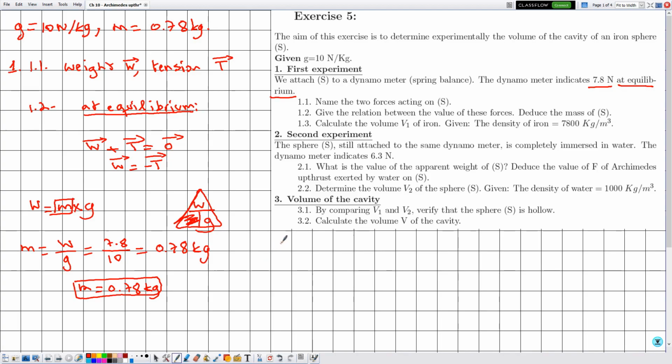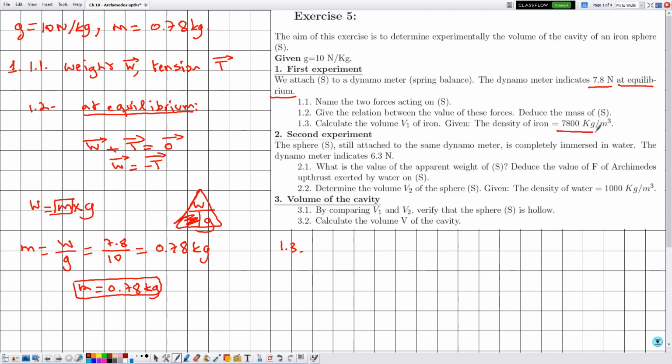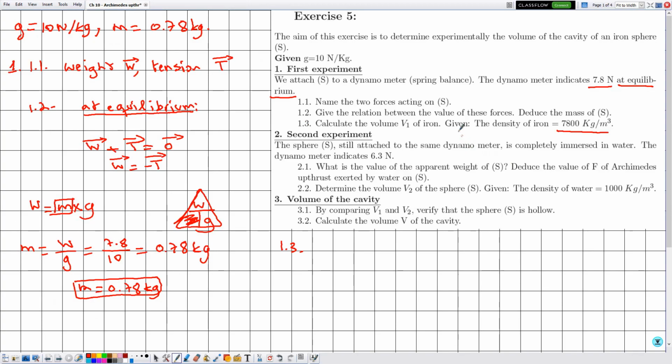Now in 1.3, calculate the volume V1 of iron given the density of iron is equal to 7,800 kilogram per meter cube. So we have the density and we have the mass. One can calculate the volume V1 of iron using the following formula, that the density is equal to mass over volume, knowing that we are interested in determining the volume. So constructing the triangle of this formula,